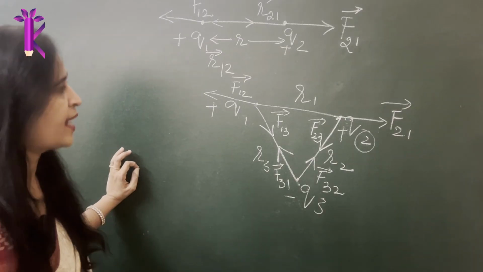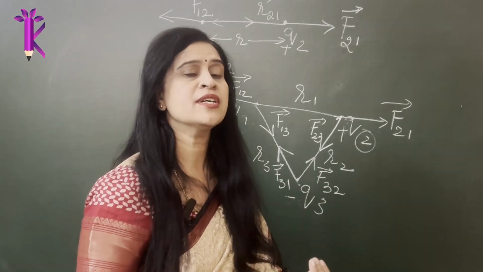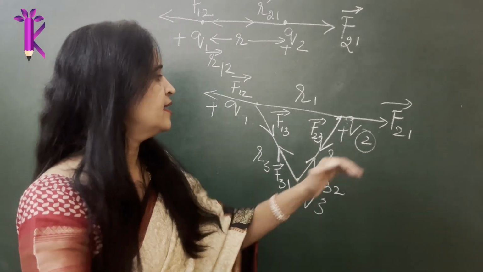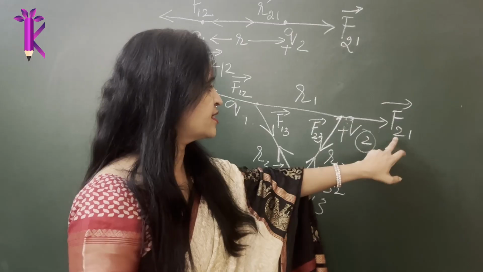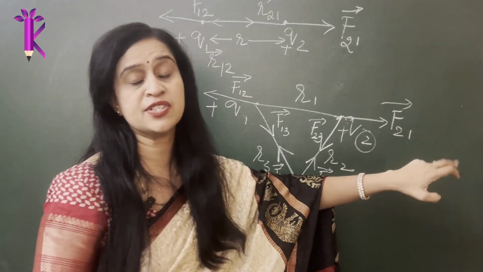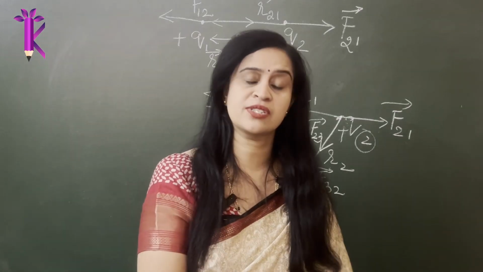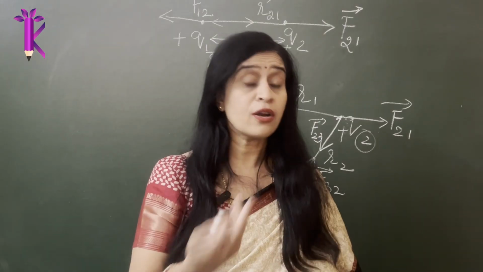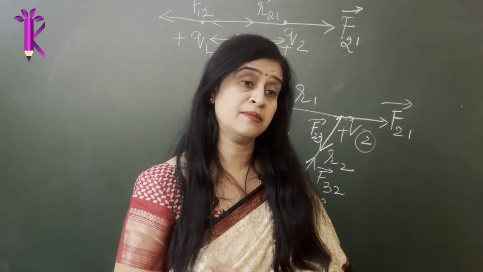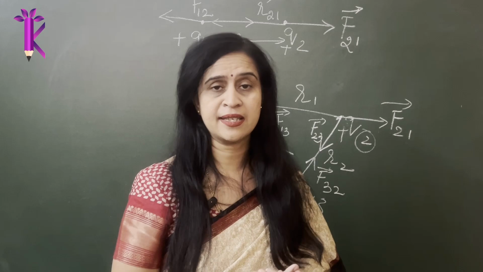So this is how you write your notations. These notations have to be really clear. Always write the charge number that is experiencing the force first, and then the number of the charge which is exerting that force. So this is the charge experiencing the force. This is the charge number which is exerting that force on that charge. So I hope this notation part is clear, because it's very crucial when you have to solve a lot of numericals. So I think these fundamentals have to be crystal clear before you take up any numerical, so that we don't really have to come back to these concepts back and forth.